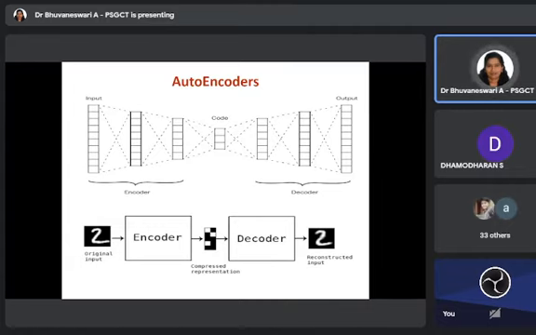Once the optimization is done and the output prediction is perfect, it decodes the output. So this is what we call encoders, and there are different types of autoencoders that are used in different models, like the stacked autoencoders and denoising autoencoders, etc.